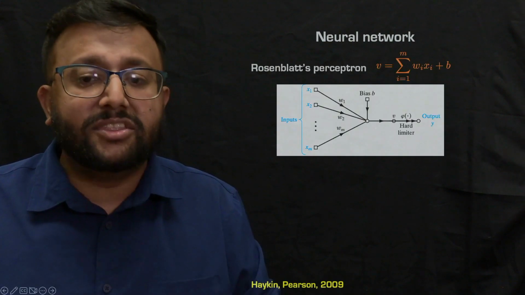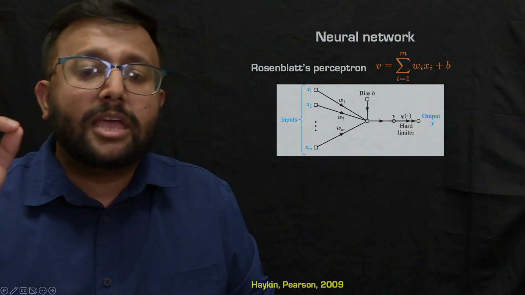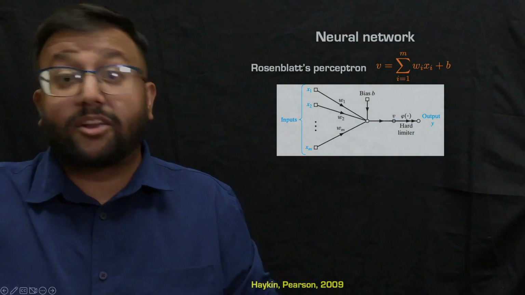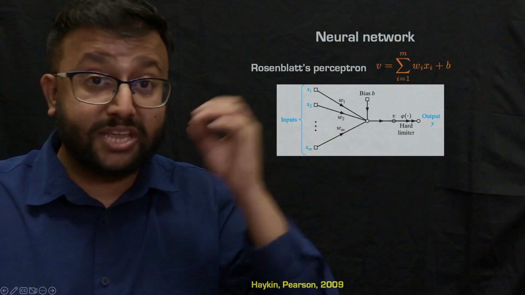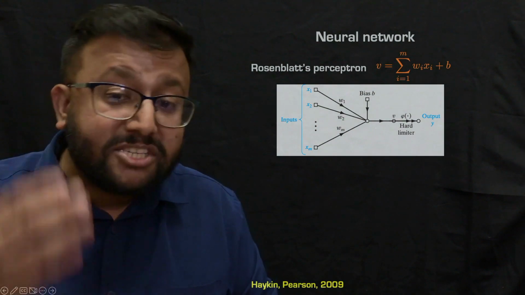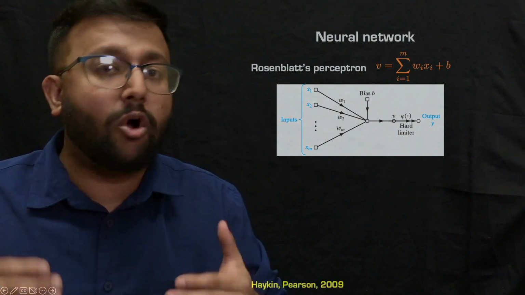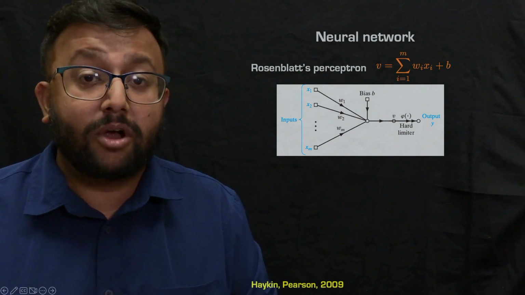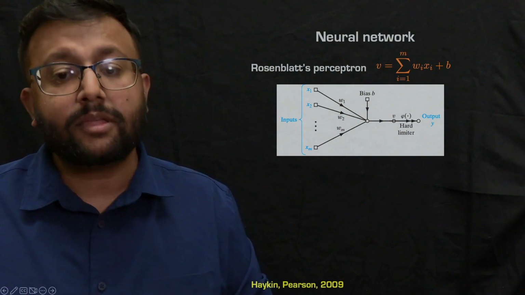Now, this is the Rosenblatt's perceptron. Functionally, if you think of a neuron in your brain that transmits information, processes that information through synaptic connections, the perceptron is an artificial neural network that is based on a similar idea. And the main purpose of the perceptron is to classify patterns in your data, right?